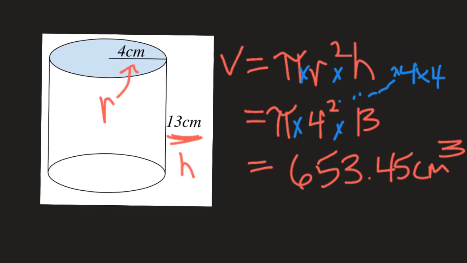So there's my first example, and that's a pretty straightforward one. We'll just look at the next one here. The next one's a little bit trickier because now we've got our radius, and our radius is not just the radius, but it's all the way across. So it's 3 millimeters is the diameter given. And remember that radius is equal to half the diameter. So I'll just take 3 millimeters, divide by 2 to get 1.5. So our radius here is 1.5